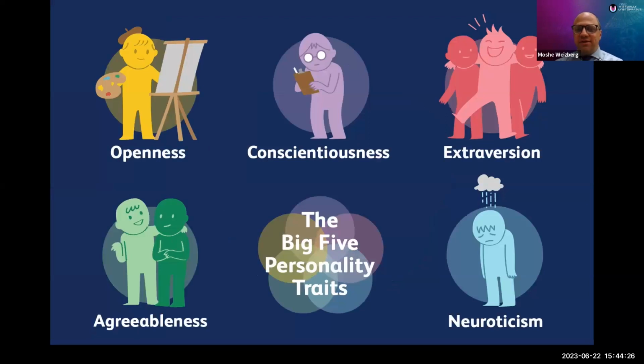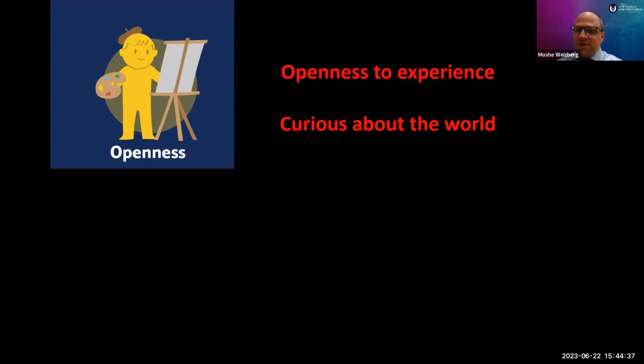These 5 traits are things we can look for in our residents when we're interviewing them to see if they will be great residents in our program. Number 1 is the personality trait of openness. And what this means is how curious are they about the world around them and how open are they